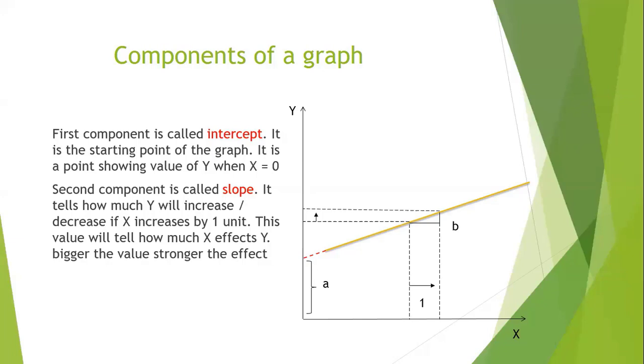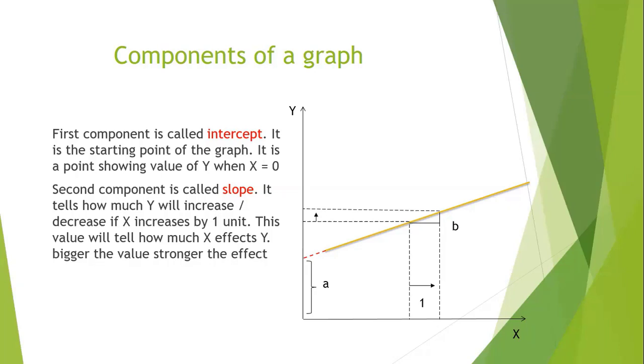If x increase by 1 unit, ₹1 income बढ़ जाए तो consumption कितनी होगी? That is explained by the slope or angle of the graph. Bigger the angle, more consumption will increase. Smaller the angle, small consumption will increase. It means there is some stories there which is explaining the angle. More inflation, less you will buy, smaller the angle. Smaller angle means it is more like horizontal line. Higher angle means more like vertical line. Okay?